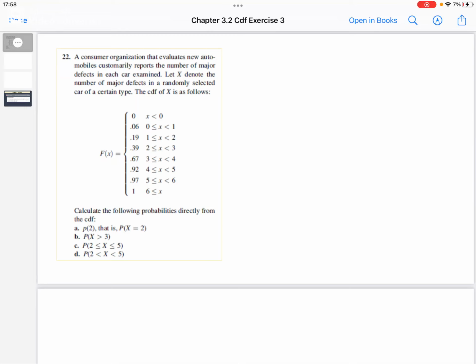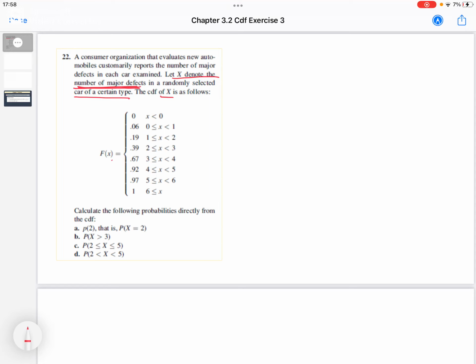In this third example, we will look at exercise 22. So exercise 22 says, a consumer organization that evaluates new automobiles customarily reports the number of major defects in each car examined. So let x, random variable x, denote the number of major defects in a randomly selected car of a certain type. So x denotes the number of major defects, and we have a CDF of random variable x